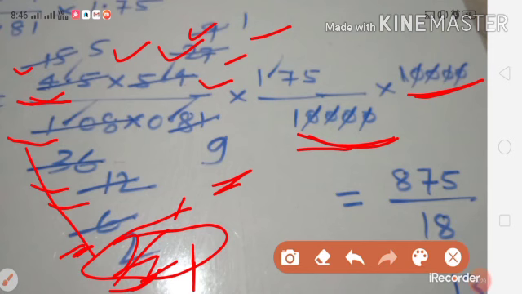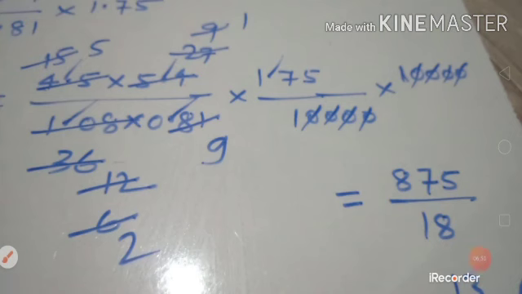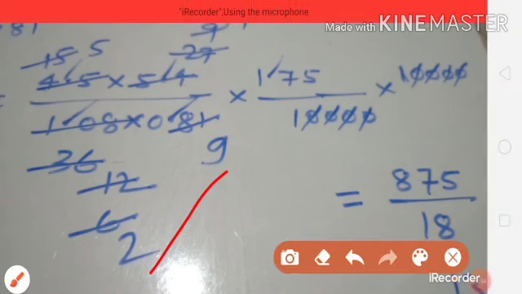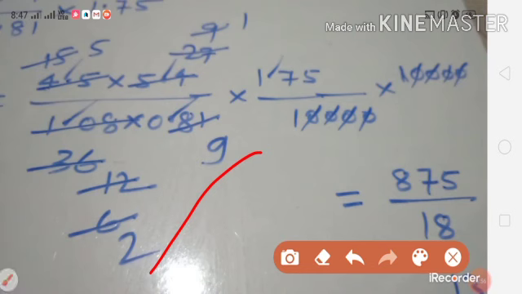So as a result, because I have already taught you about this, we find 5 into 175, so we find in the above 875, and in the below 7 and 2 is also here, so 7 and 2, so if we see 2 and 9, we find here 18. So this is our answer,